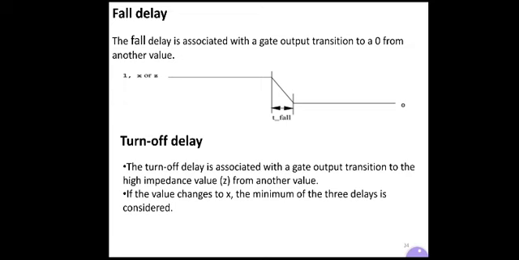The third one is the turn off delay. Turn off delay is associated with the gate output transition to the high impedance value z from another value.